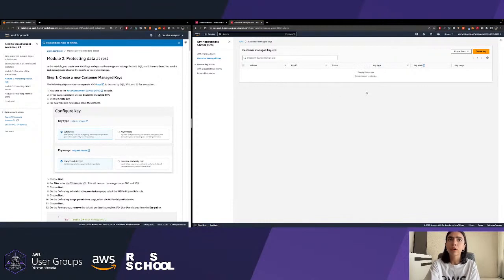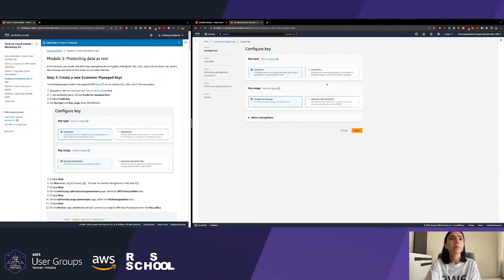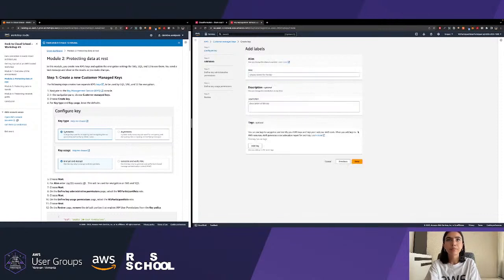As you can see, we have no keys created, so just hit the create key button. Okay, we have options. We will go with the symmetric key, and we will use the key to encrypt and decrypt our data. Okay. Let whatever is chosen, as I said, symmetric and encrypt decrypt option, and hit the next button.